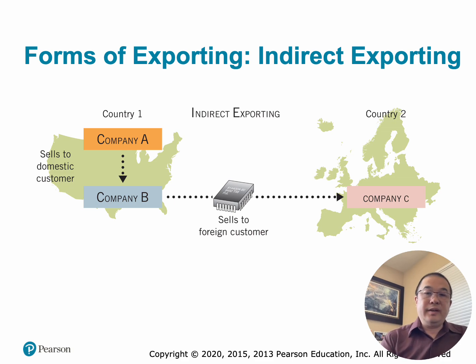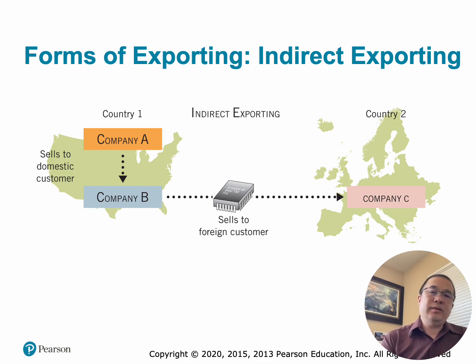The advantages of indirect exporting include low risk, so Company A doesn't need expertise in international trade, lower cost, so no need to establish foreign sales offices or hire export specialists, easy market entry. This is good for small businesses or firms new to international business. And then less administrative burden. The intermediary handles export paperwork and logistics.